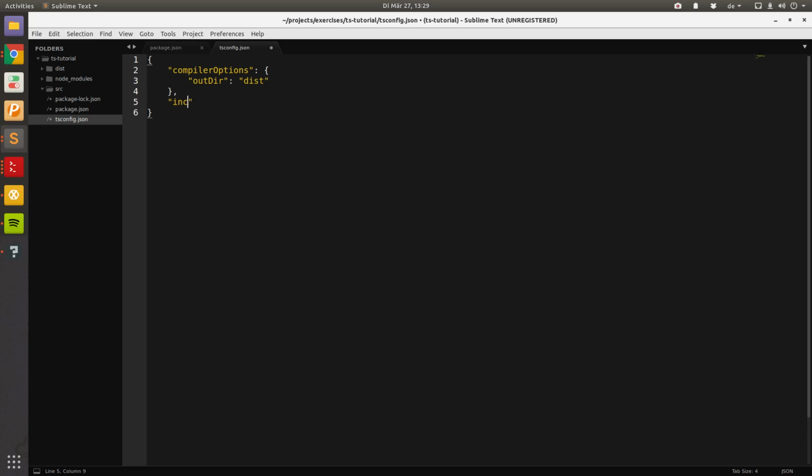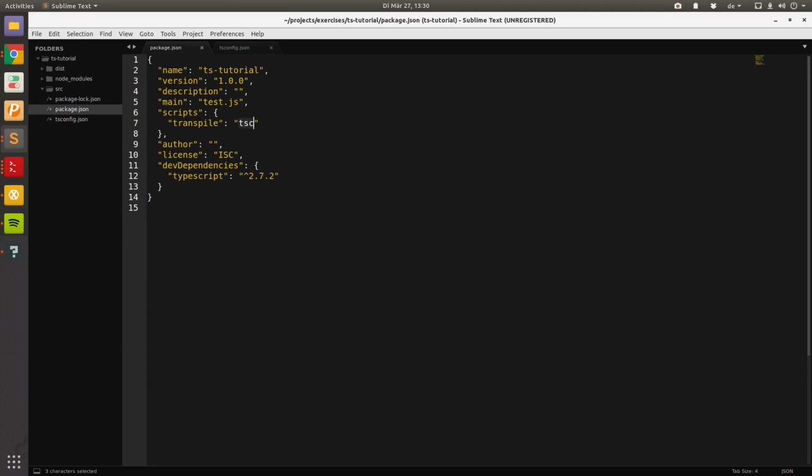We're going to say that it has to include all the files within the folder source, asterisk, all TypeScript files, and we're going to say as well that it has to exclude all the files that it will find inside node_modules, since those are not our files. Those are files from our libraries. So if I think everything's correct, now running our script there, tsc should take automatically the configuration within tsconfig and